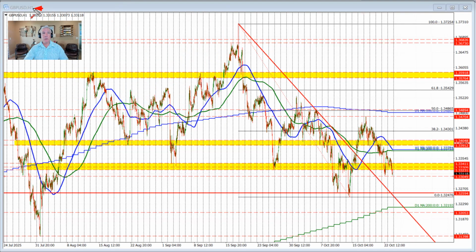The pound versus US dollar is trading to new session lows and in the process of approaching the low price from yesterday, the low price for the week. I'll talk about that in this video. So let's get started. Looking at the hourly chart of this currency pair, the week started with the price initially